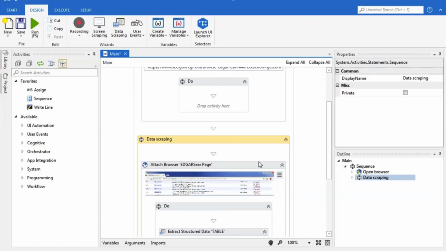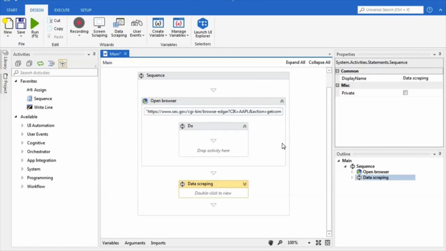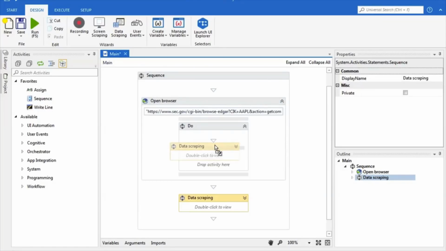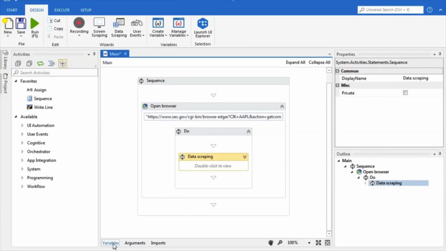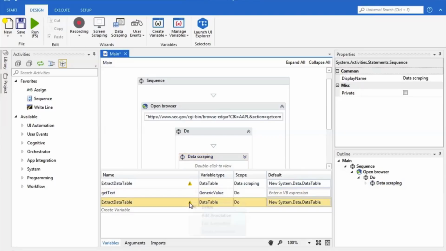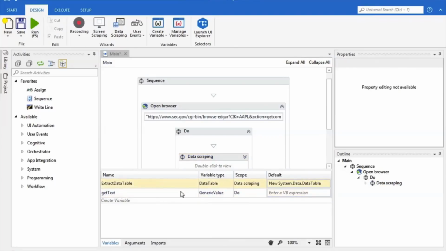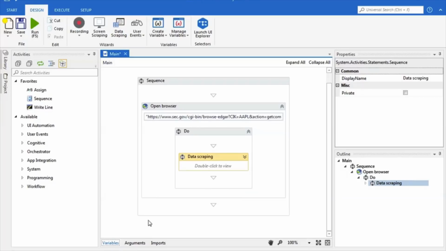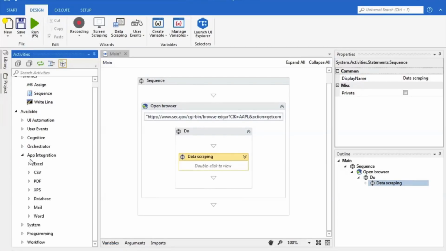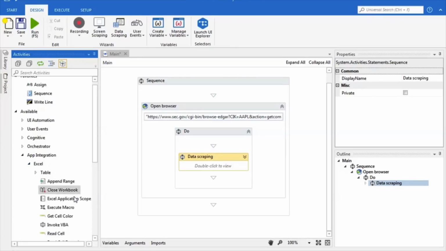Now we have our data scraping, and we're just going to drag this inside of here, put it inside of our Do. If we come to our variables, we will notice that we have this duplicated because I did it more than once. We will notice that we have this data table that was created whenever we did our data structure. Now what we want to do is come to Excel,